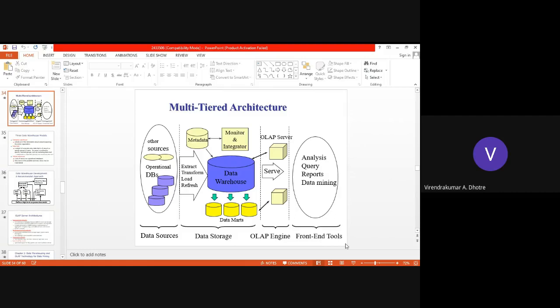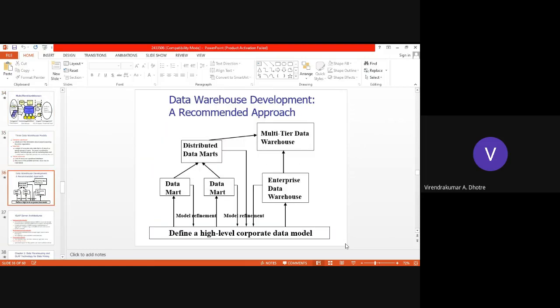So the multi-tiered data warehouse is available. There are different kinds of data marts. Through that we can combine and name it distributed data marts, which again are operational to the multi-tier data warehouse. And already there is the enterprise data warehouse, which is giving you all the kinds of information related to that enterprise only.